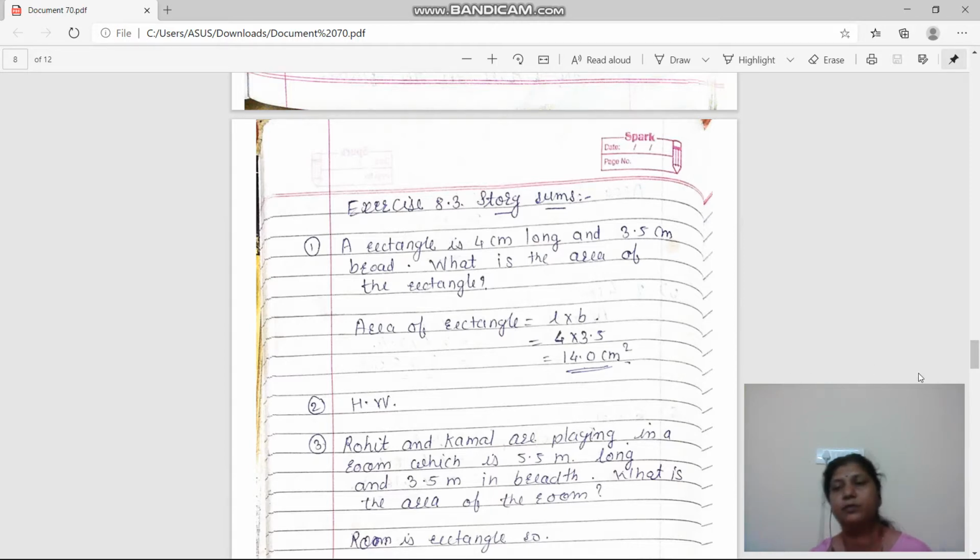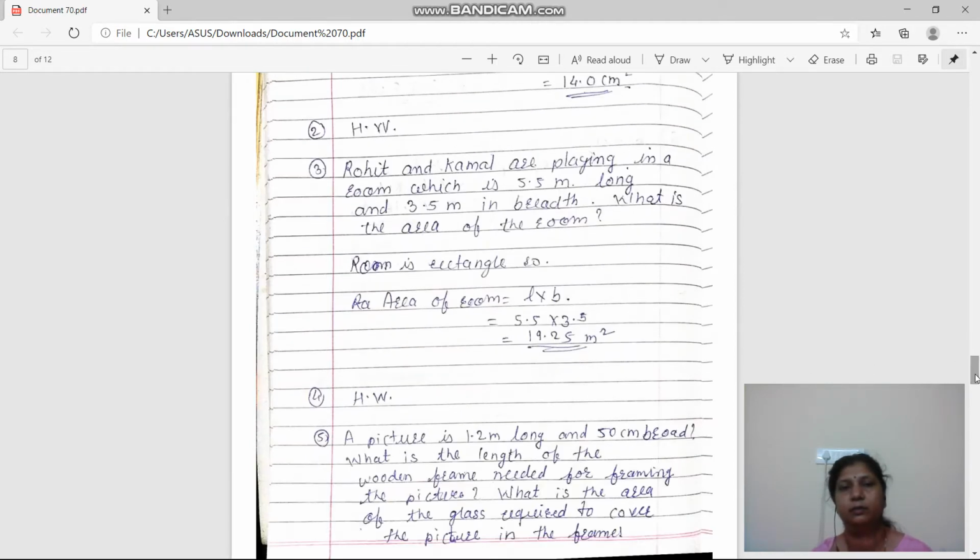Okay. Now second example. Find the area of a square whose side is 2.5 centimeter in length. So what is the formula for area of square? Length into length, that is side into side, that is 2.5 multiplied by 2.5. Multiply it and write in square centimeter. Okay. So it is your homework. Then we will start third example. Rohit and Kamal are playing in a room which is 5.5